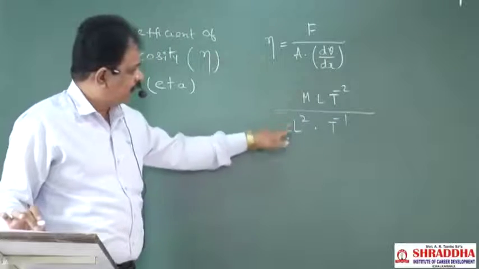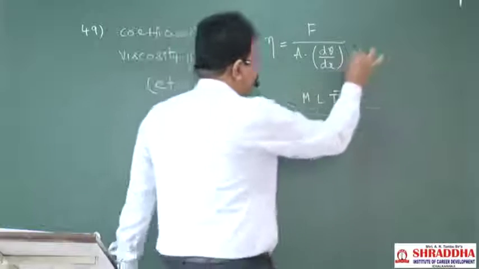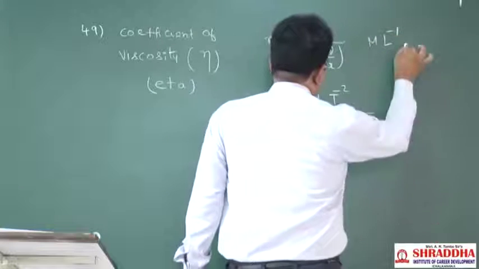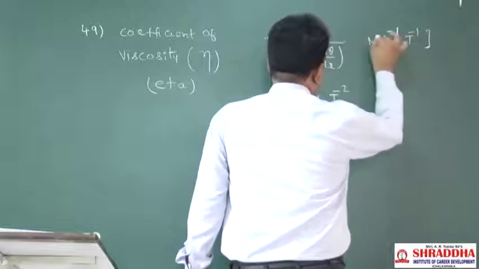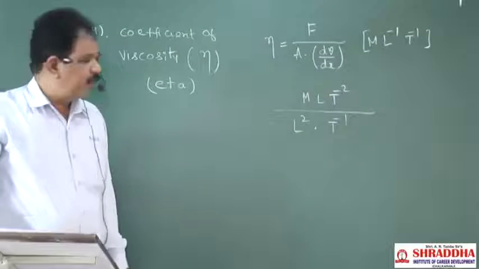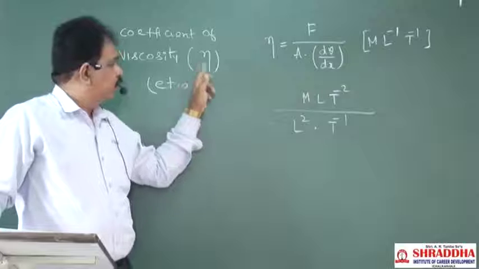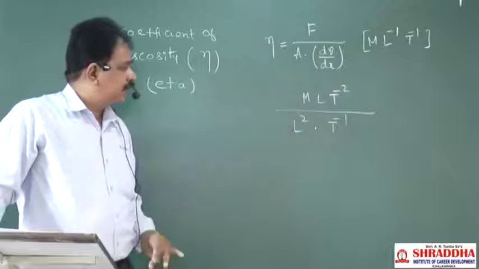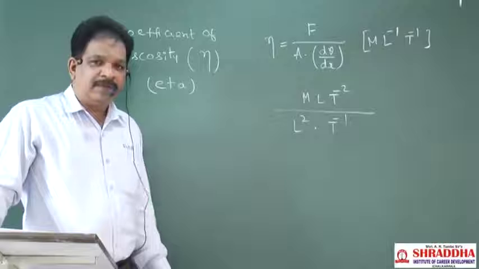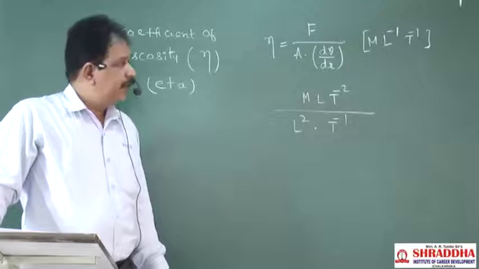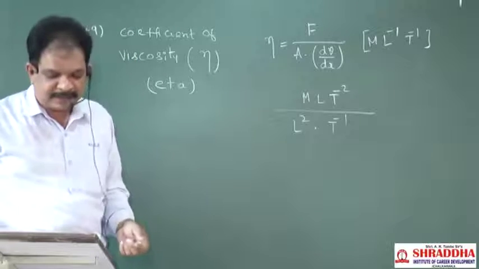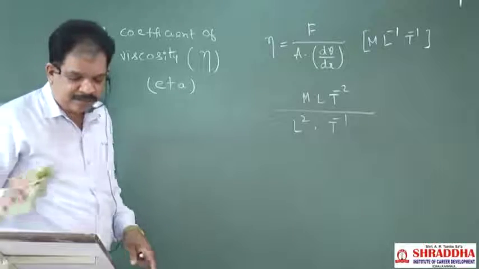Okay, if we write this, it is M L power minus 1 T power minus 1. Dimensional formula of coefficient of viscosity will be M L power minus 1 T power minus 1. Clear? Next, after finishing that,